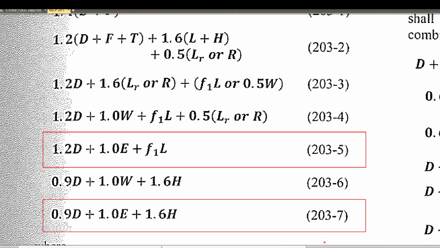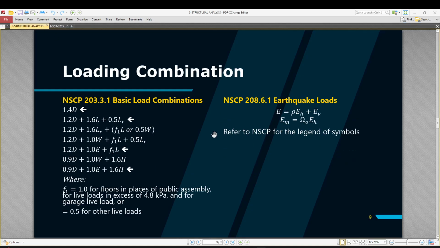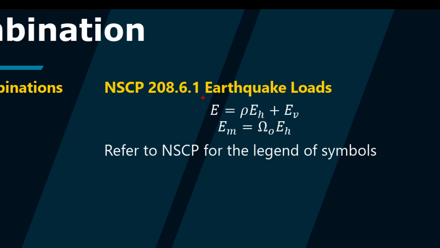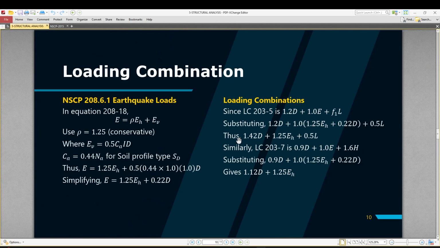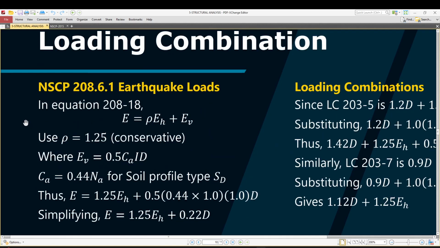So this is the original form, but if you expand that using the NSCP 208.6.1, so if you remember this equation, the basic combination E has a still expanded form which is equivalent to rho EH plus EV. And if you expand that further, right here, in equation 208-18,